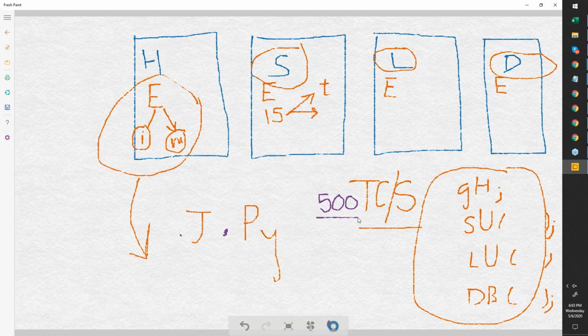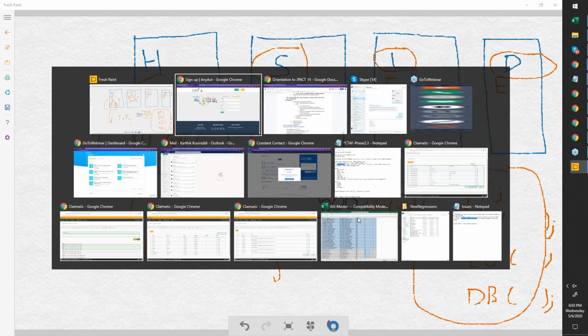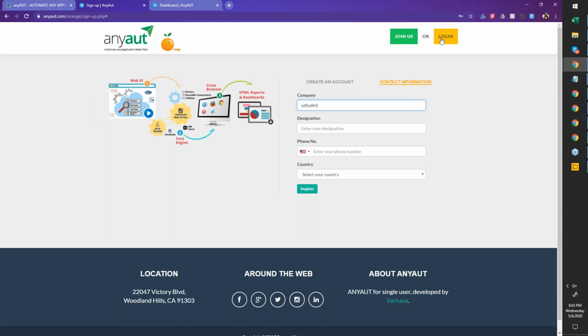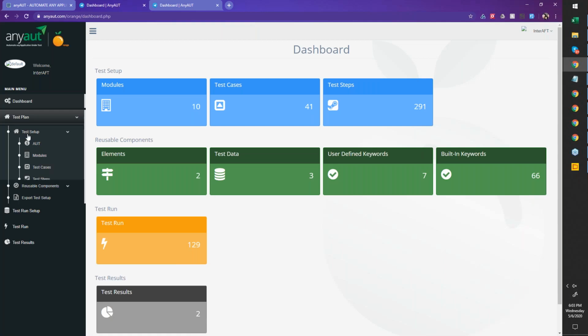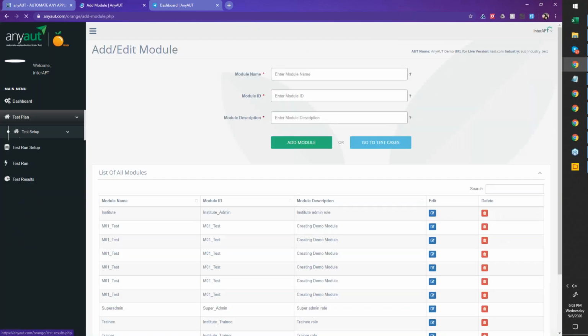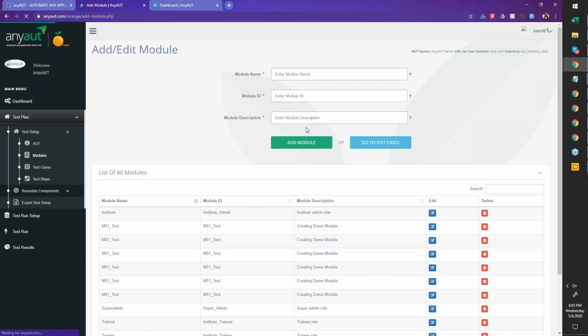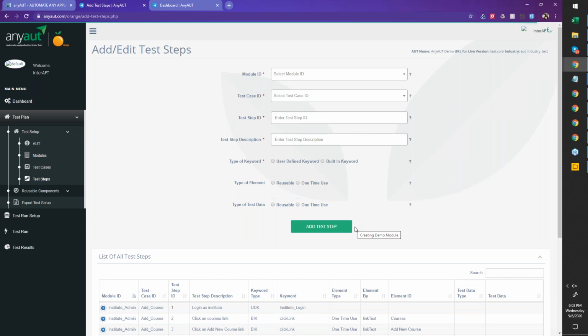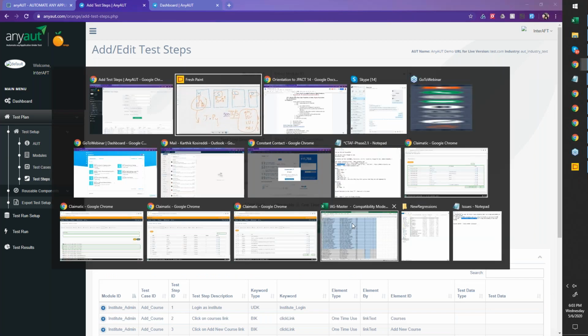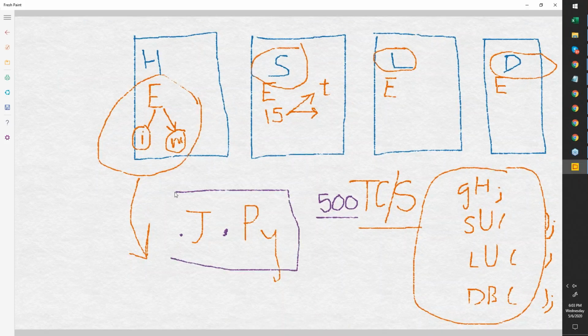I would prefer more of Excel, or I'm okay with even a web cloud-based tool. With cloud-based, you can do everything that you want to do on a cloud. Like I can write my test plans, I can create my test setup, add modules to it, write detailed test steps, what it has to do, everything. That makes it easier. Why should a manual tester still go and open up .java, .python and make changes to that? That for me is a big drawback.